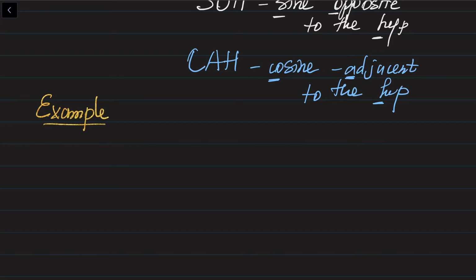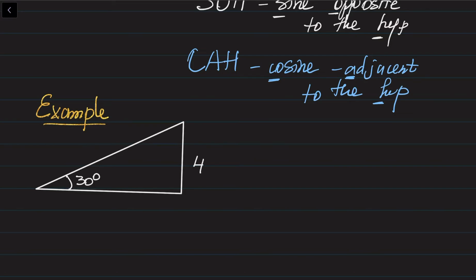So we've learned about the angles already in the previous lectures, right? So let's say you are given the triangle where this angle is equal to 30 degrees, okay? And the length of this side of the triangle is equal to 4, and the length of this side of the triangle is equal to 8, for example, okay? So now I would like to figure out what is the sine of the 30 degrees,